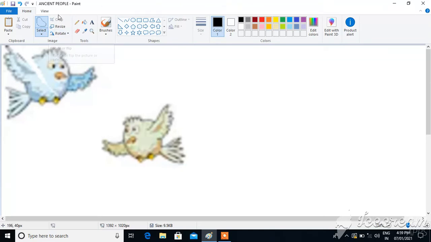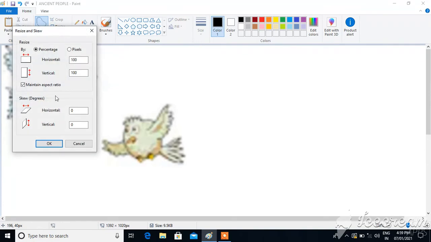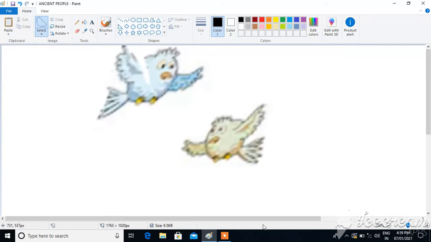To make it small, click on skew. Skew is used to make it a little bit horizontal or vertical. What we call slanted, so see, this picture got changed. This is called resize and skew.